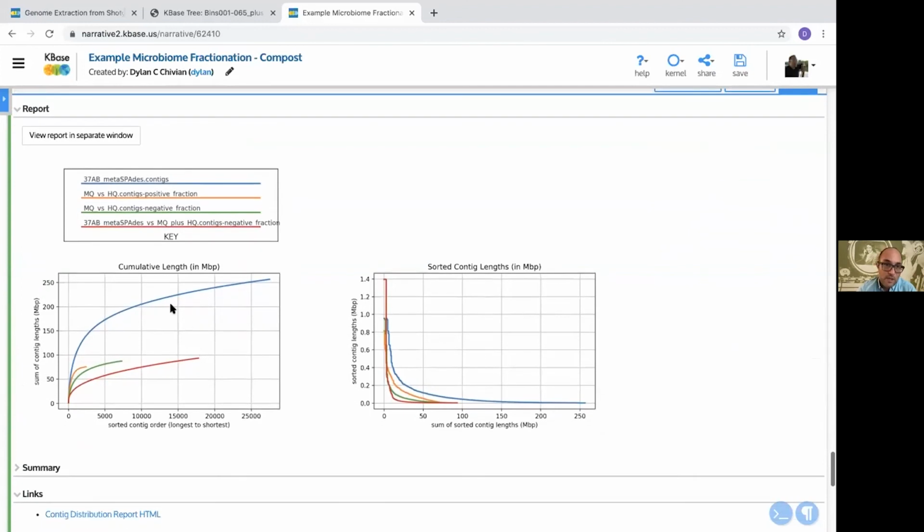So these top two figures are very Quast-like. And we're putting in the complete set of 37 AB in blue here. So yes, we look at how much we're getting from the full set, and yes, of course, it's much longer. So now these are the fractions of it below, and we see that the positive fraction of medium quality versus